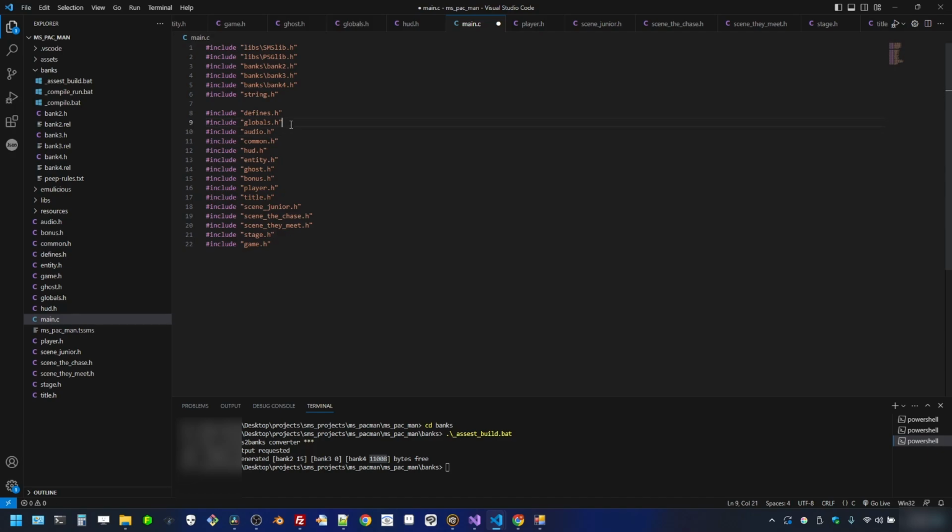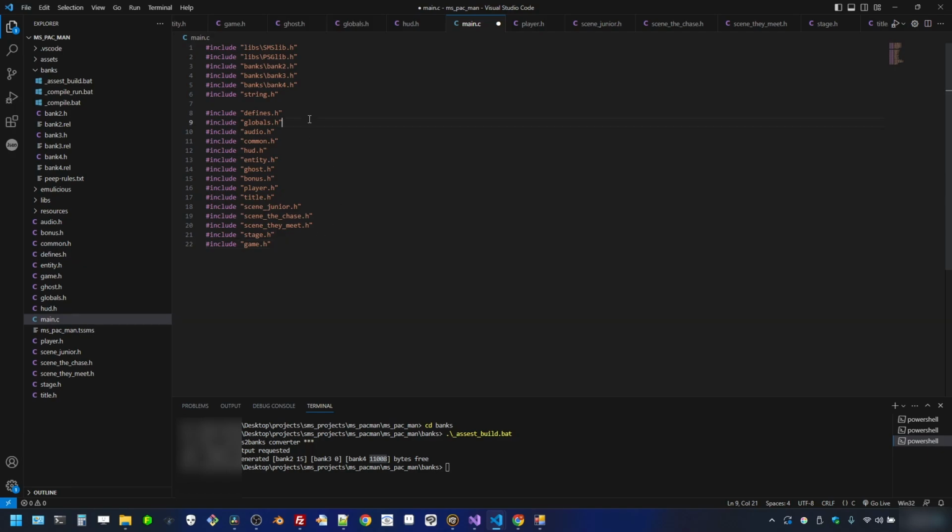For instance, if I had globals below everything and any of these other source files would use a global variable, the compiler would error out and say it can't find whatever was defined here. So if I have a global variable that was keeping track of the current stage we're on, and I had it at the end here,